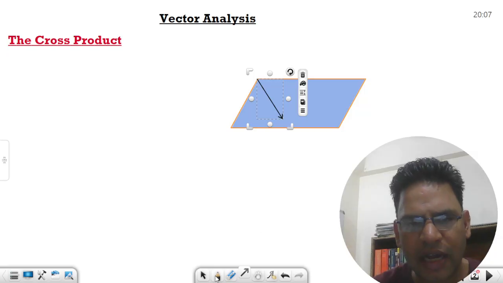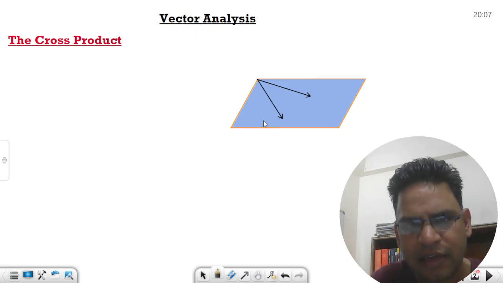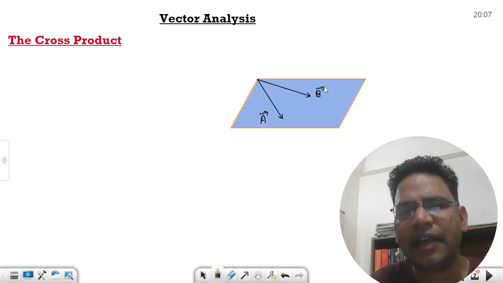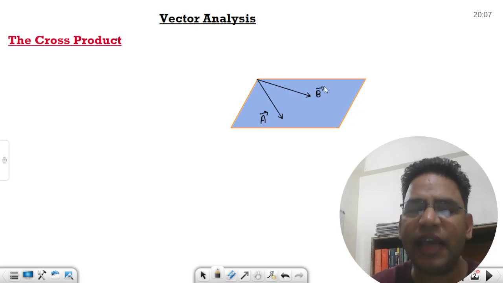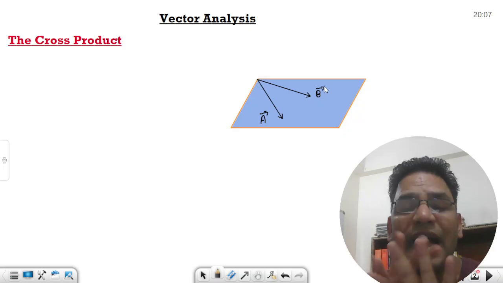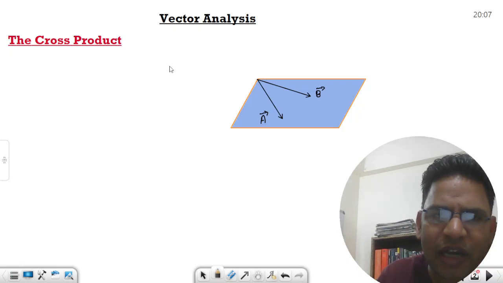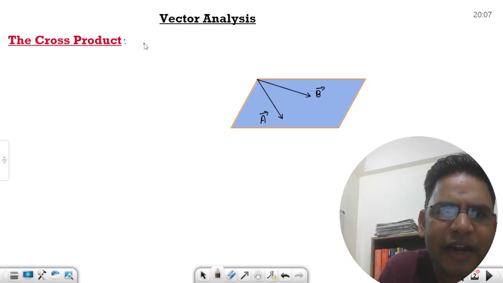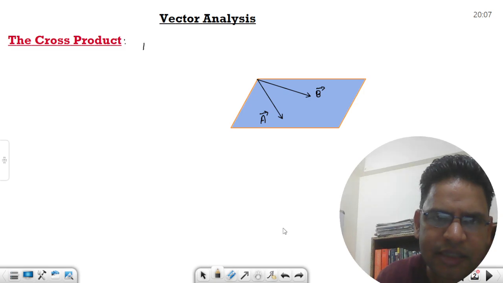They are in some plane. What will a and b do? The vectors a and b are going to span a plane, right? So in this plane, if a and b are vectors, then by definition,